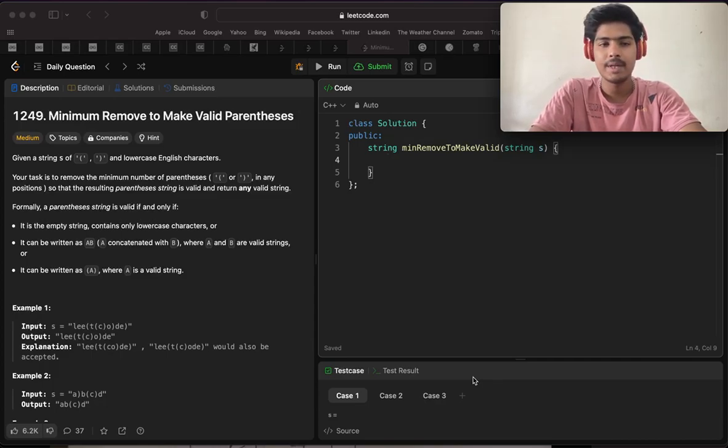So in this video we will be discussing a problem which is Minimum Remove to Make Valid Parentheses, LeetCode 1249. So let's see how the problem is stated. The problem says that we are given a string of open brackets, close brackets and lowercase English letters. Our task is to remove the minimum number of parentheses, open bracket and close bracket, in any position, so that the resulting parentheses string is valid, and return